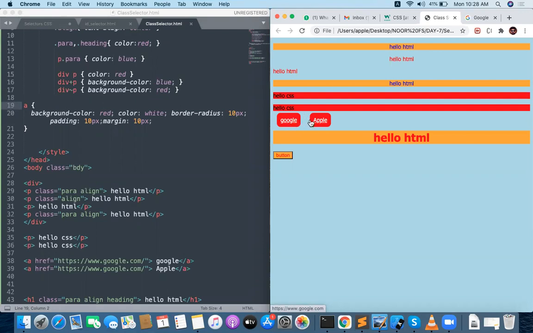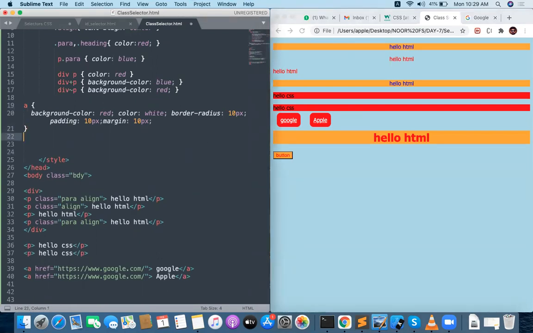Google, Apple. Like this you can do, or you can do one more thing: A with square brackets containing href. The attribute href is getting applied. There is one attribute called href. Let me do one thing first like this.